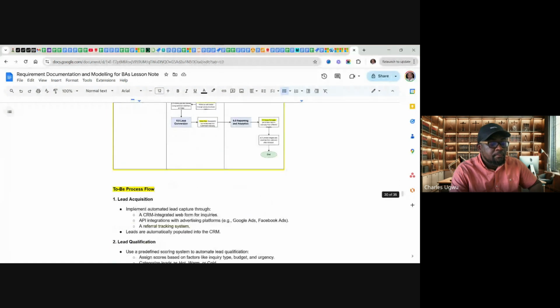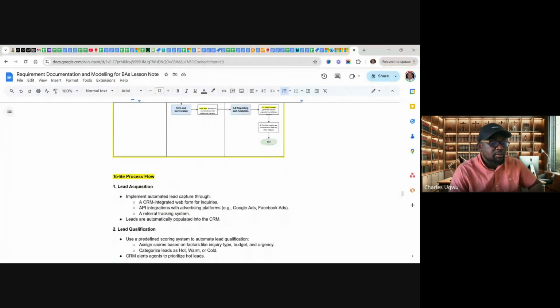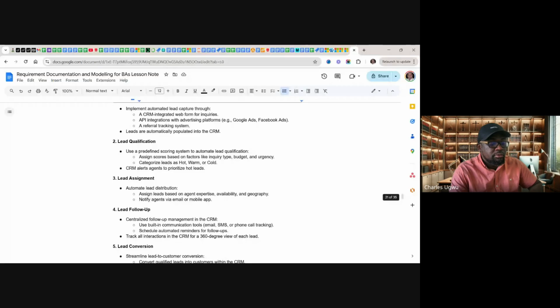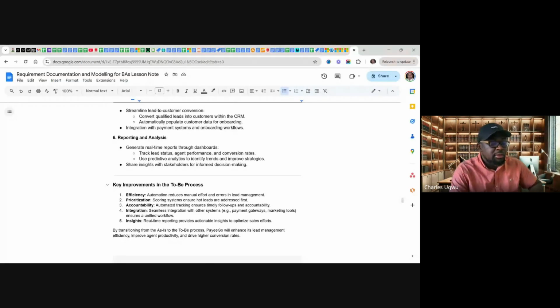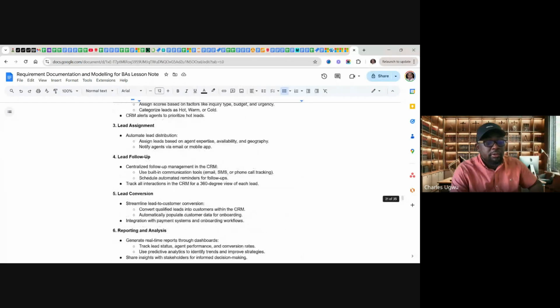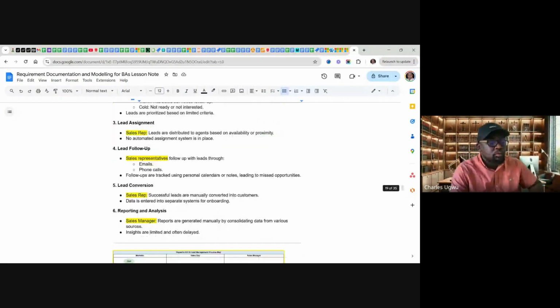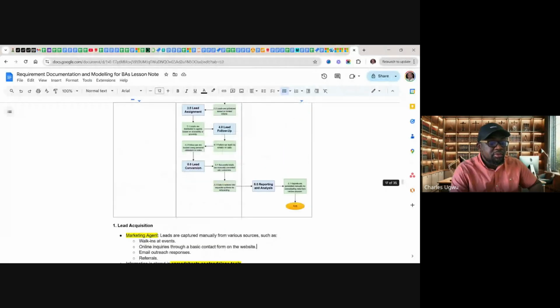And after then, we'll have the to be process as well. So you can come down here and create to be. So to create the as is process,